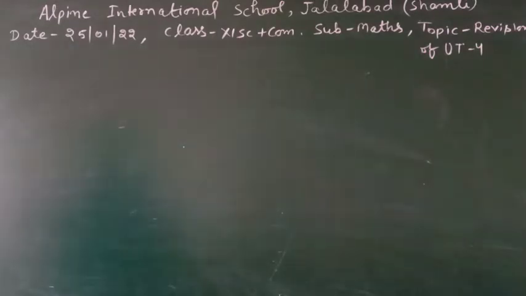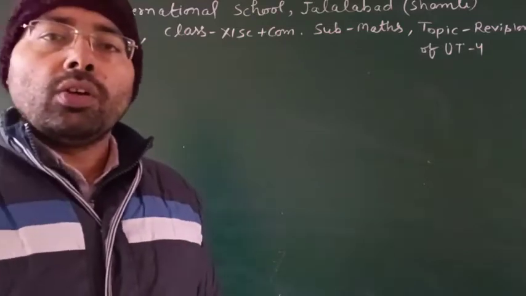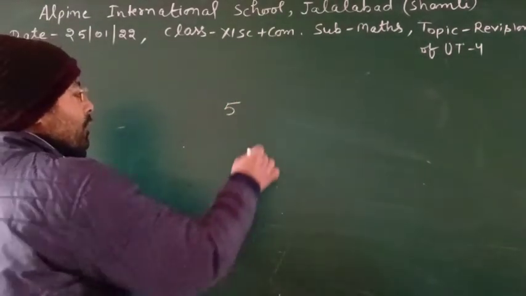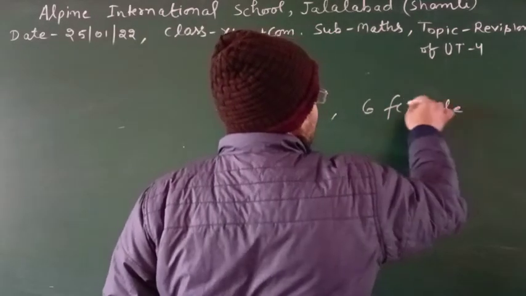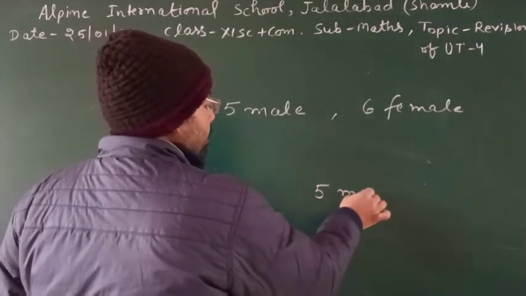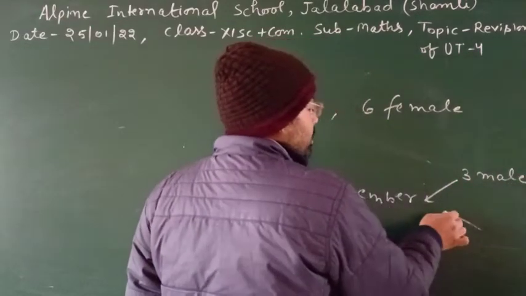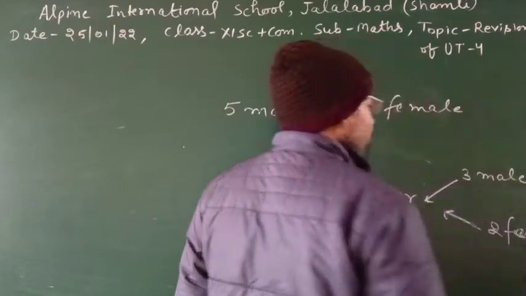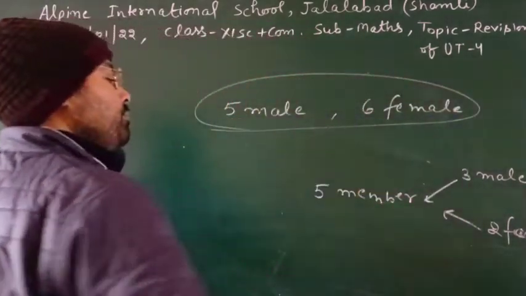चलिए क्वेश्चन है मेरे पास में कि हमारे पास में कुछ मेंबर्स हैं और हमें उन मेंबर्स में से एक टीम बनानी है. सपोज we have 5 male persons and 6 are female, and we want to prepare a committee. उस कमेटी में हमें रखने हैं 5 member in which 3 will be male and 2 will be female. ठीक है. सो नया क्वेश्चन क्या है, हमारे पास टोटल जो स्ट्रेंथ है वो 5 मेल और 6 फीमेल की है, लेकिन हमें